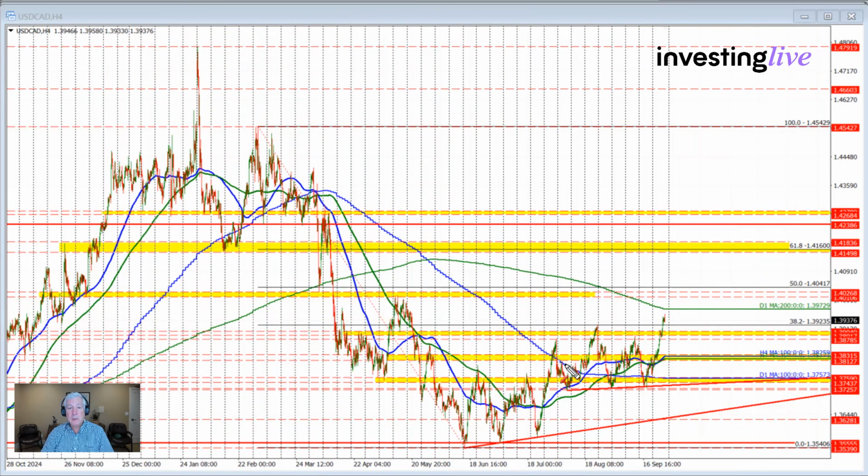So let's get started. Canada GDP a little bit stronger for the month of July, and the US PCE data, as expected, has sent the dollar versus Canada a little bit to the downside off of its high price. Yet, recall from yesterday, we did move sharply to the upside, and in the process, we extended above this 38.2% retracement of the move down from the March high to the low price that we saw in the month of June, I guess. And that 38.2 stalled the rally a few weeks ago, and in the month of August